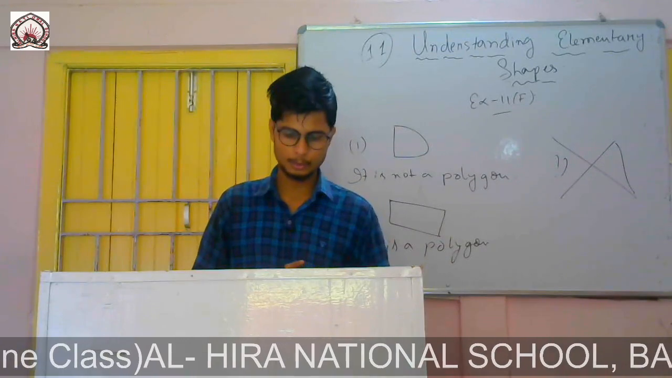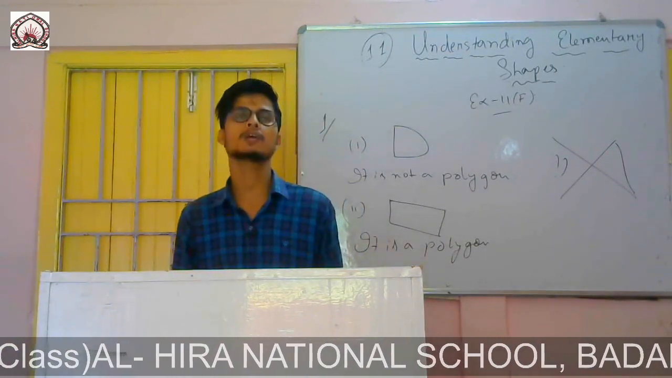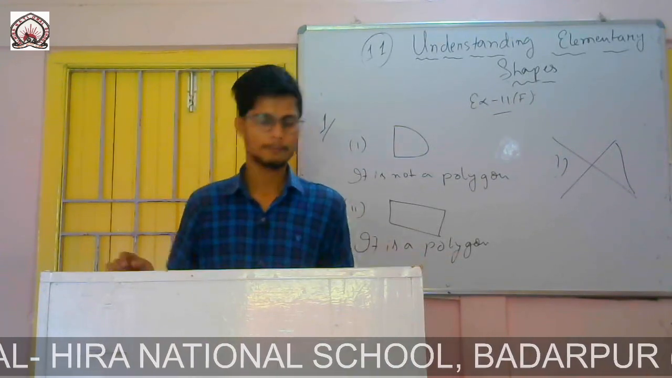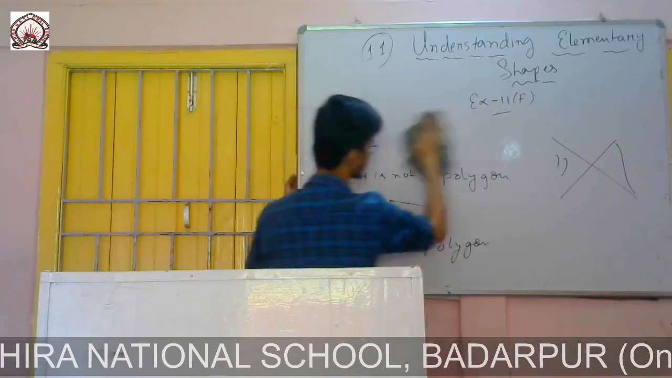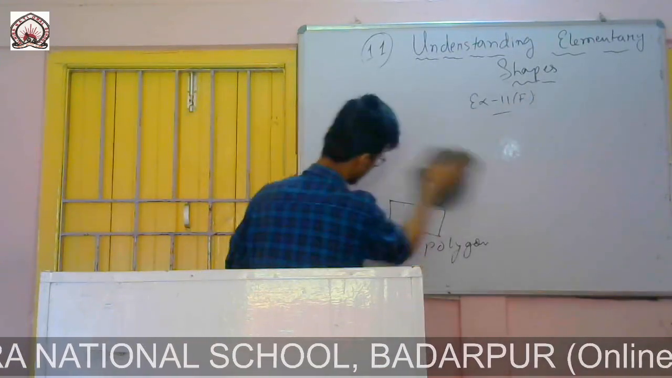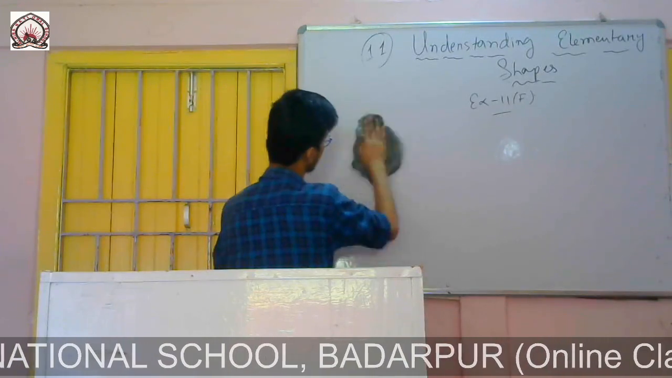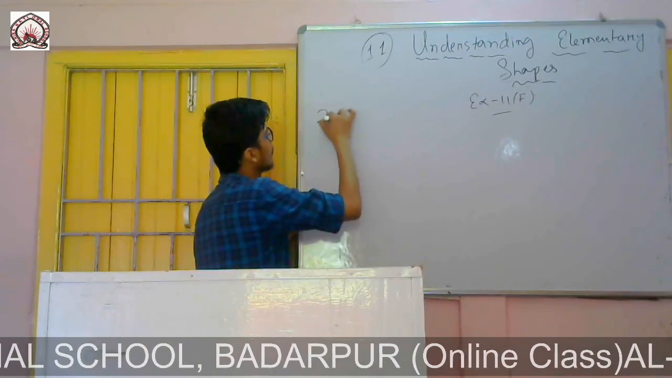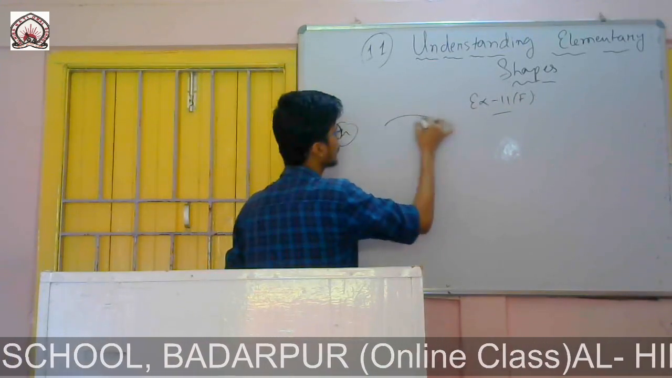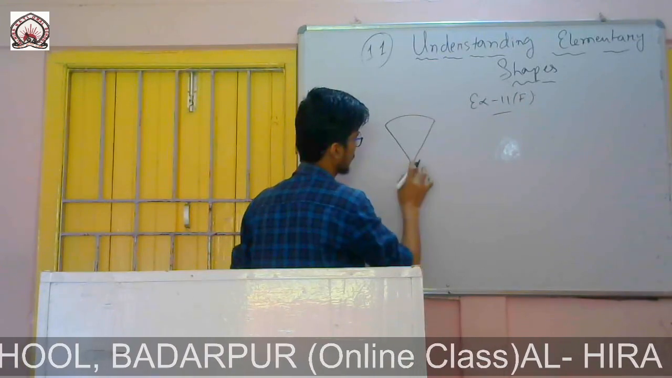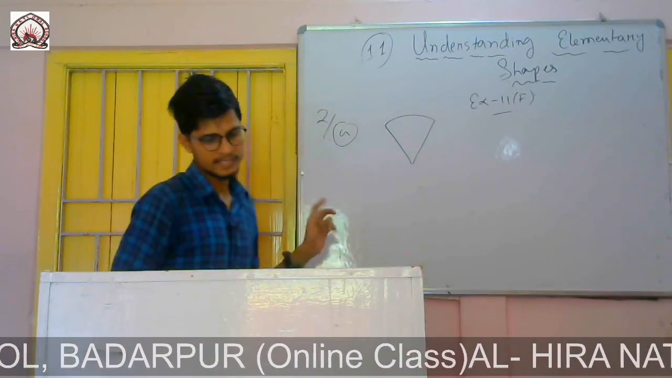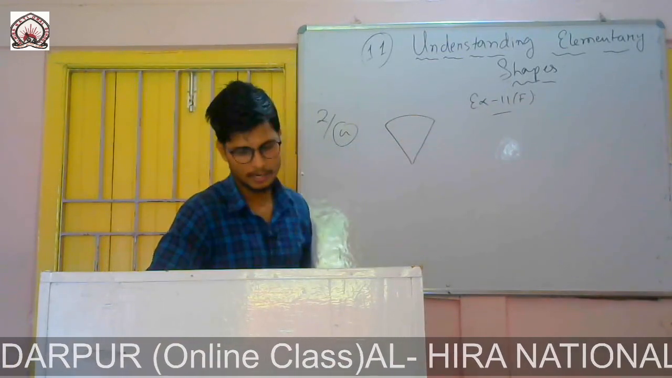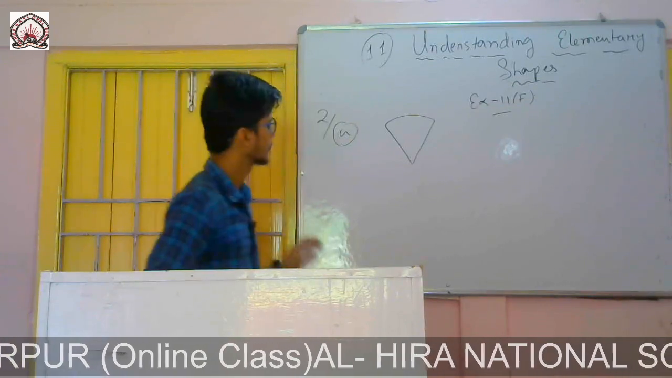Now question number 2. Which of the following figures are not polygons and why? Give reason. You are to give reason only if they are not polygons. A, you draw the figure and write the answer in your main copy. It is given like this. By seeing we can say that it is not a polygon because it has one curved surface. So answer will be